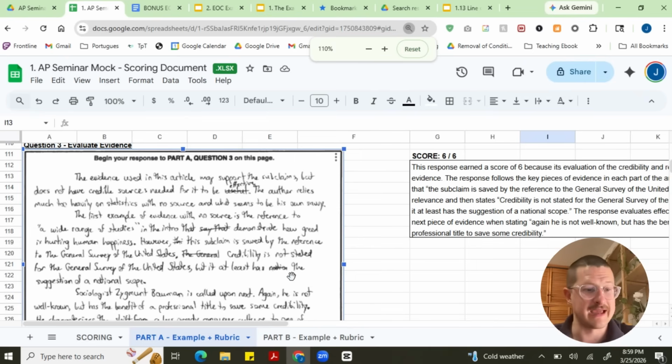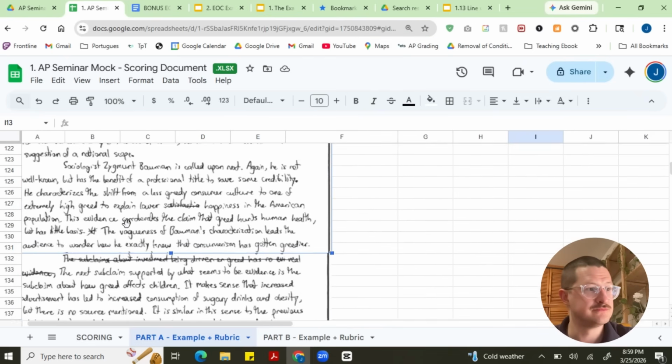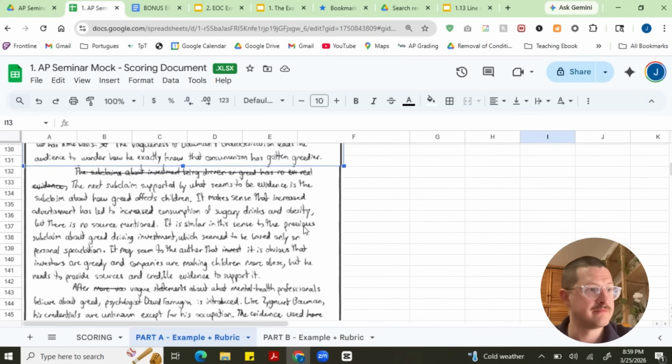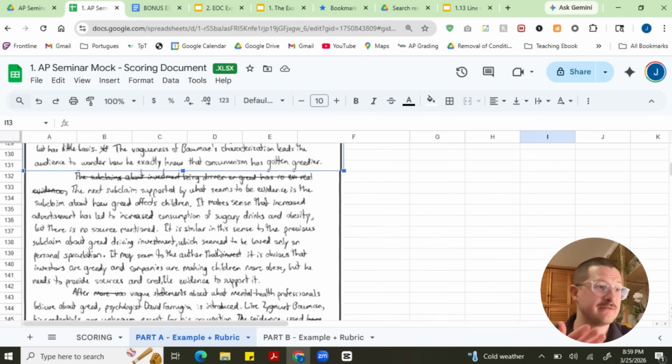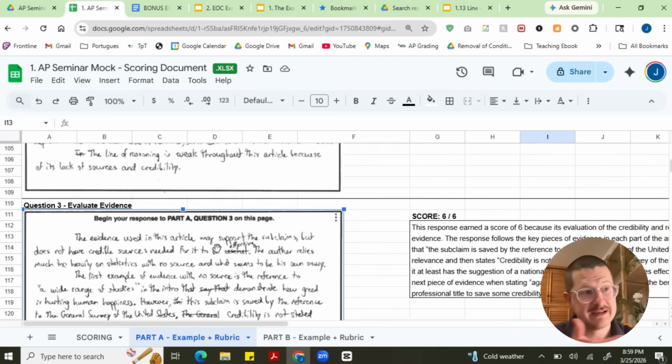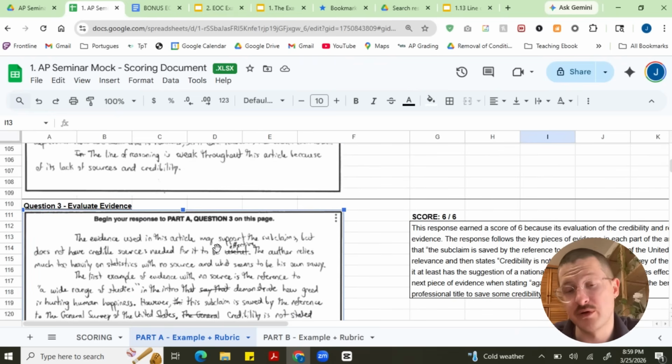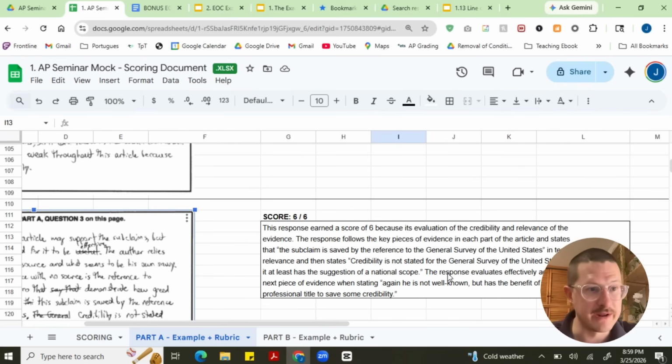Okay, let's take a look at the third part here. Now, let's count the paragraphs again. One little opener. 2, 3, 4, 5, a little closer. I would say, realistically, this is like 3 paragraphs worth of what you're used to writing. Here's why it earned a 6. The response, which you are welcome to read,